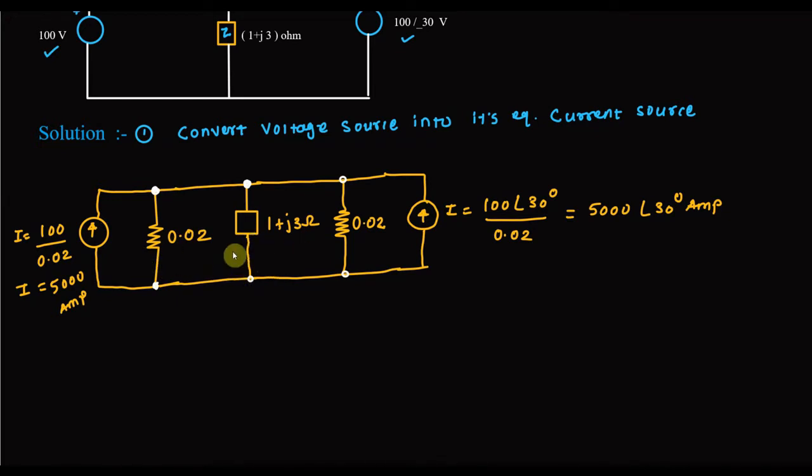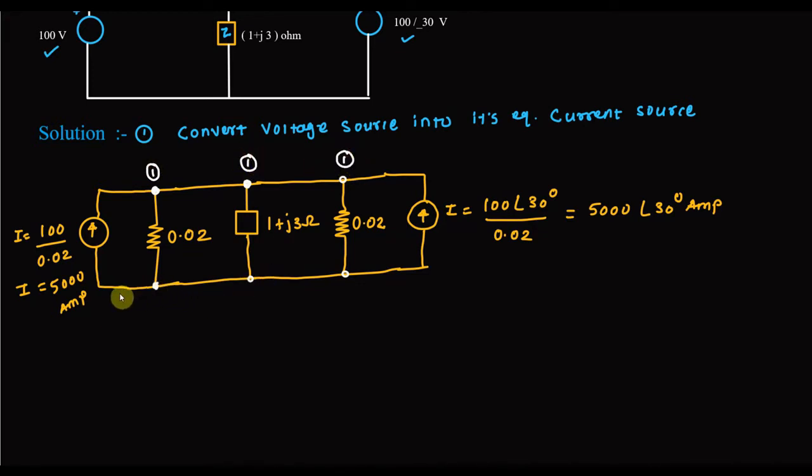So definitely this diagram is showing 6 nodes, but it does not have 6 nodes. You can see that in between these two nodes there is no element, meaning these two nodes are the same node. Same here, between these two nodes there is no element, just a single wire. So these are a single node. So 1, 2, 3, all these are representing a single node here. So this is node 1, this is also node 1, and this is also node 1.